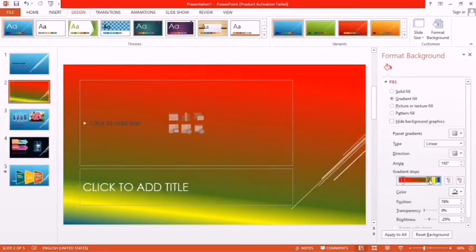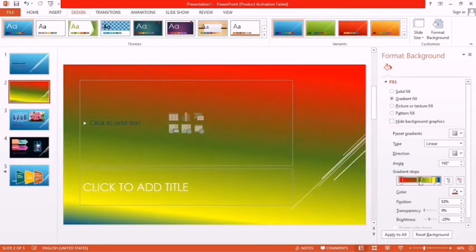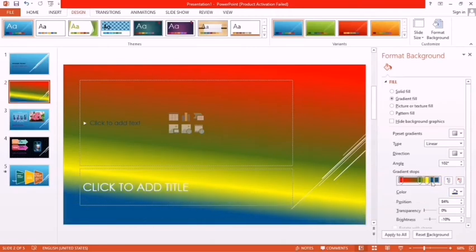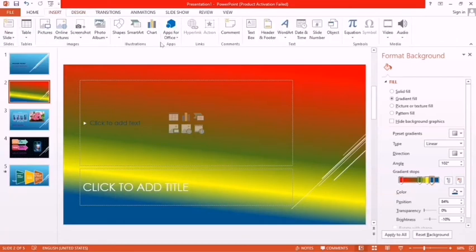Okay, you can increase the size. See this, you can increase or decrease by moving this. Here you can increase red color or decrease it, green color like this one. Okay, yellow like this, blue like this one. Okay, so all this is called gradient, in which we apply different shades and colors.